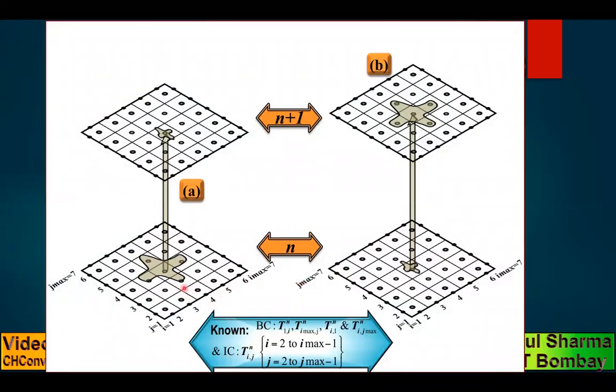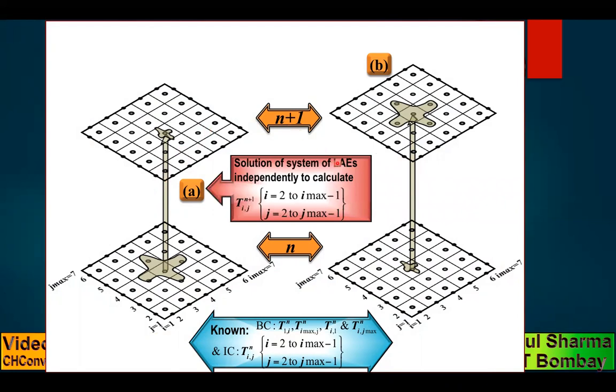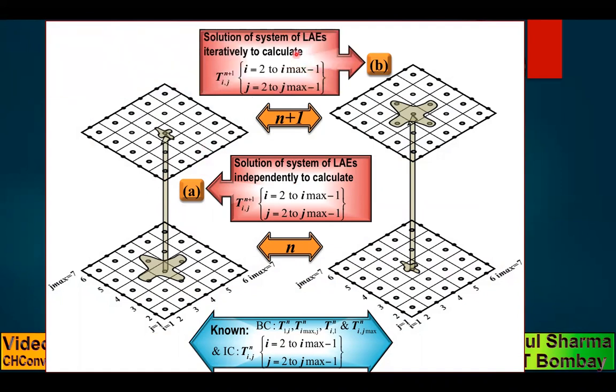So this is the temperature distribution from the previous time level, and to calculate the temperature distribution for the new time level using the coefficient of linear equation based methodology, we solve the system of linear equations independently in an explicit method, and iteratively in an implicit method. So this is the computational stencil for an explicit method, and this is for an implicit method, where these are the loops to calculate the temperature. Here I would like to point out that the stencil shown here is for the first order upwind scheme or central difference scheme. If you are using second order upwind or QUICK, it will involve one more neighbor like WW and EE, NN and SS.